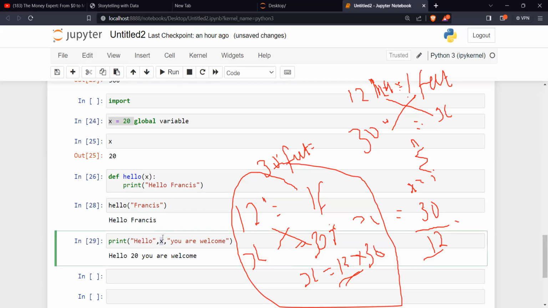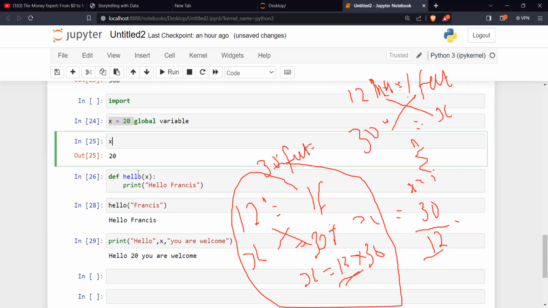Now the same way, in this case, you see this x here has now become what? The x that I use in this case is now the global variable. You see where the difference is between a global and local variable. A local variable can only work within that function, but a global variable can work anywhere. Can you see the difference now? Do we get the difference between a local and global variable now?